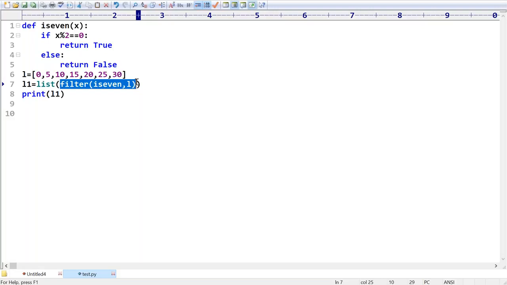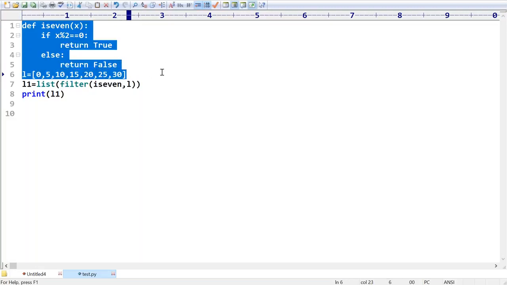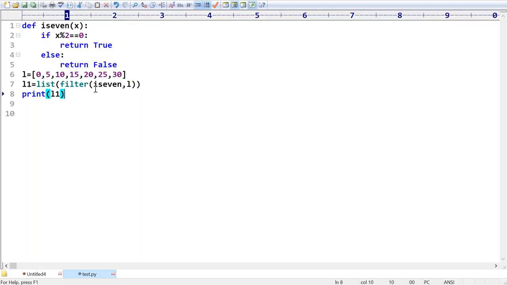Now you may ask, I don't want this named function. I want this function only once, here only. How many times am I using the is even function?